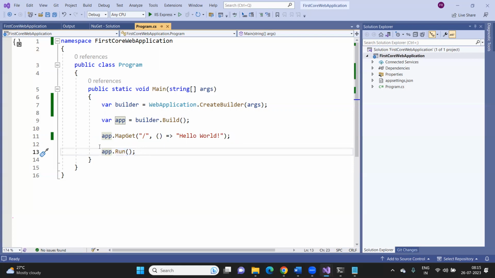For starting the application, it is using the app.run method. Once the application starts, then only your application is going to listen to the incoming HTTP request. Until and unless you call this, you have set the web host, you have configured the services, you have configured the middleware components, but you have not started your application yet. Until your application is running, how will it